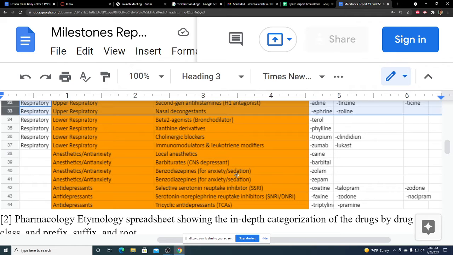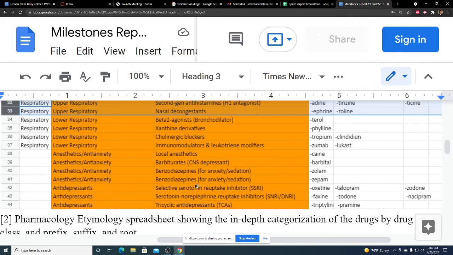I think what we can do is add another. Well, that's an option as well. What I was going to say is that we make the lower respiratory the last one because that has four, so we're building up to the harder, the fourth one. Because we wanted three, right? So let me come up with another category, because we got barbiturates, benzos, and local anesthetics for anti-anxiety. So what's another anti-anxiety slash anesthetic?